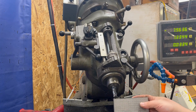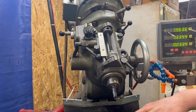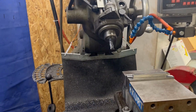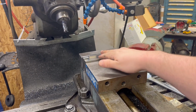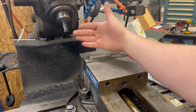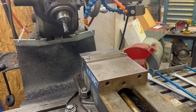And what we want is the 45 on this side. We want to indicate the tops. Really want to make sure everything's clean. This is a very noticeable issue if one does arise. Snug it down. And of course, you can't see what I'm talking about. Okay, so I took the parallels out. I put the jaw in there. That way we're cutting with this end mill on this side. I'm going to cut on this side. On the back is going to be our...